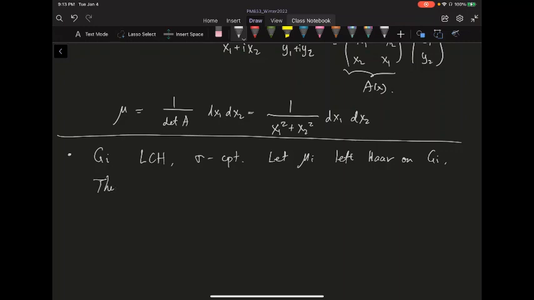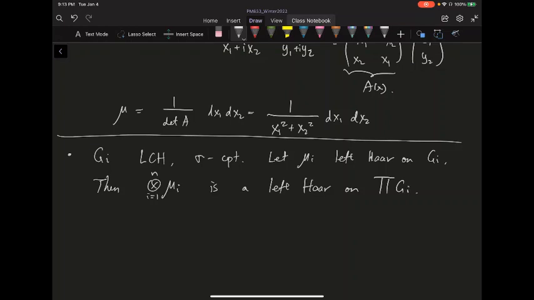Then you can talk about their product measure on the product space. Using the product notation, i going from 1 to n, finitely many of them, the product measure is going to be a left Haar measure on the product space of these G_i,